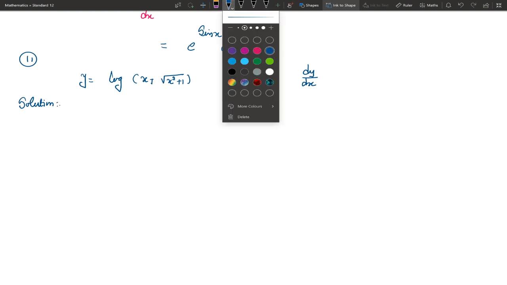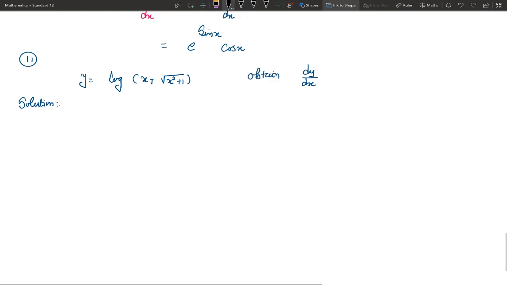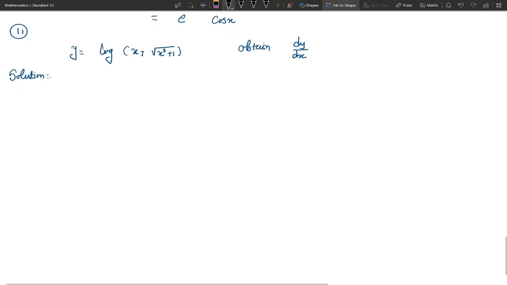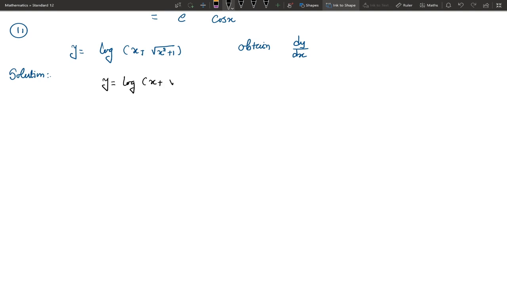Solution: y equal to log of x plus under root x square plus 1. You recall how to differentiate d by dx of under root